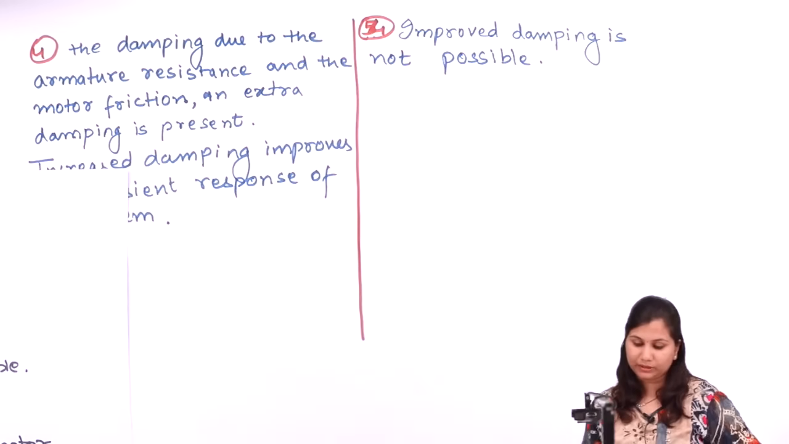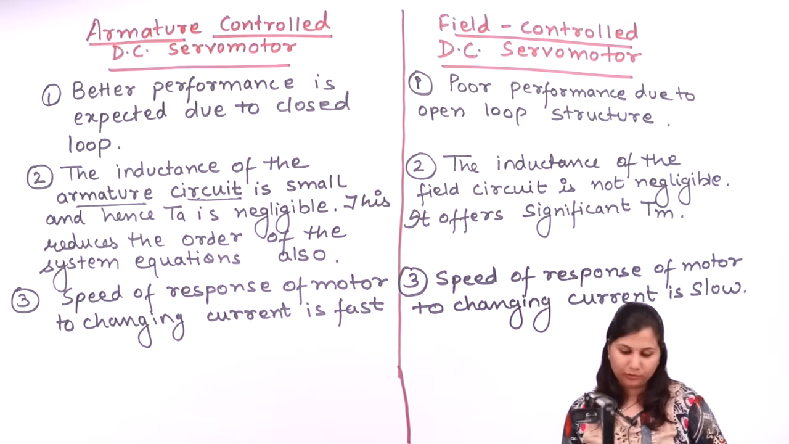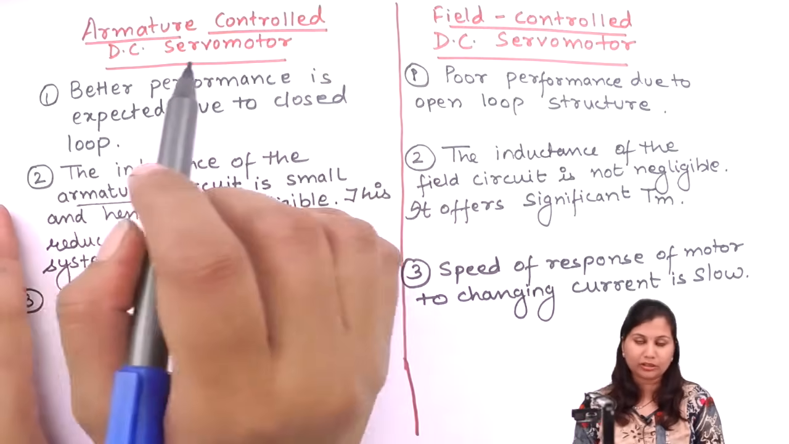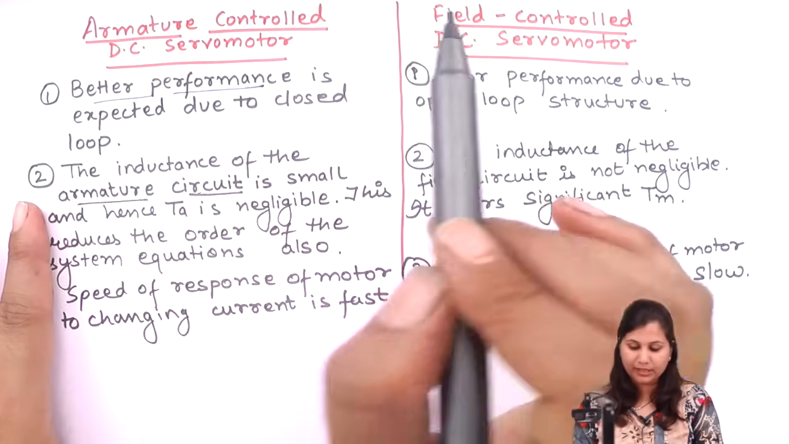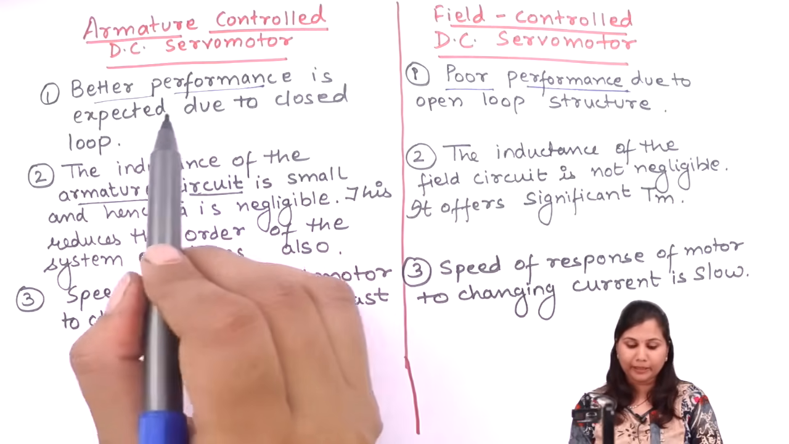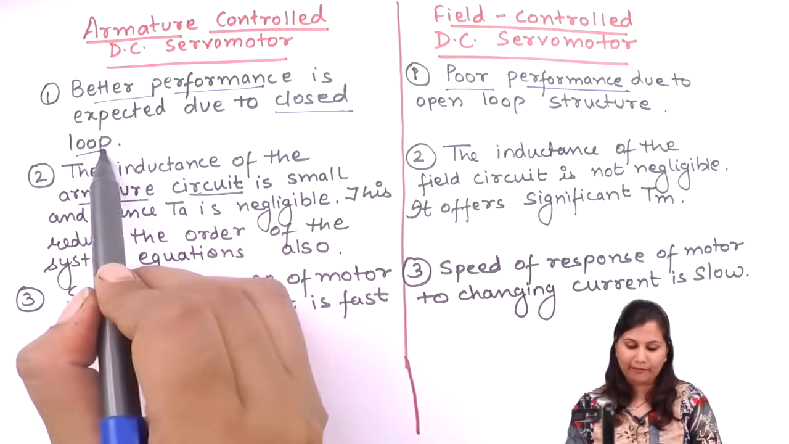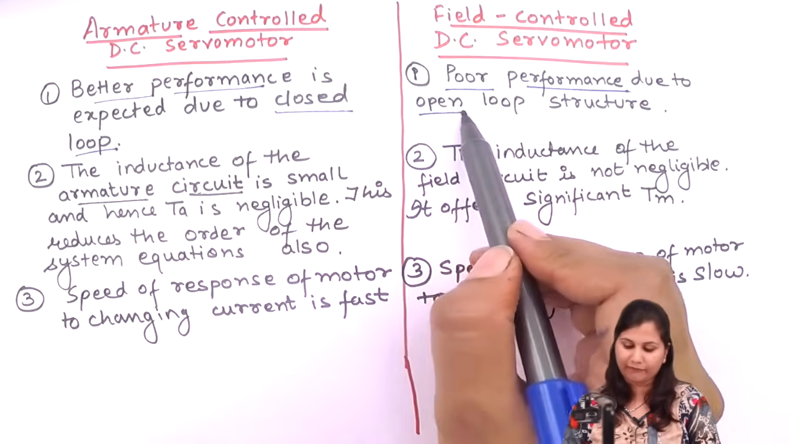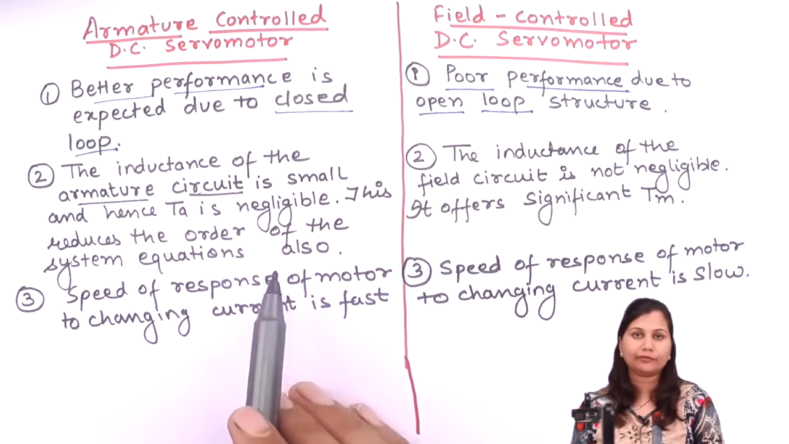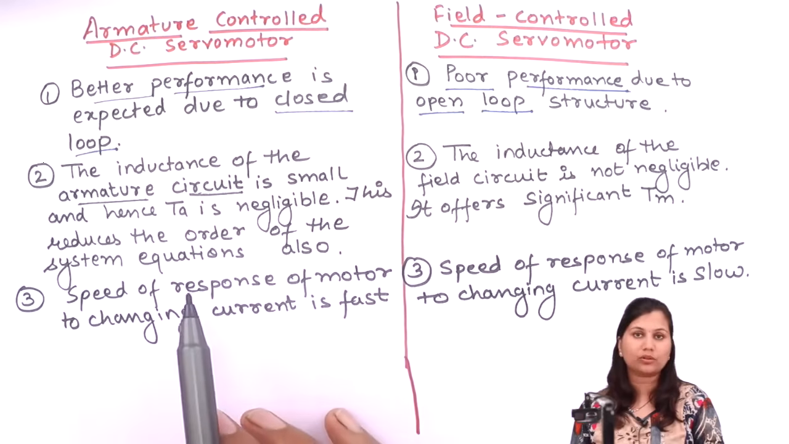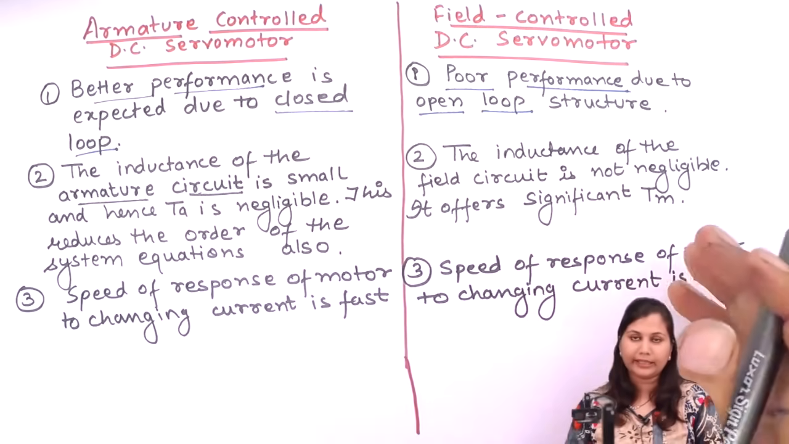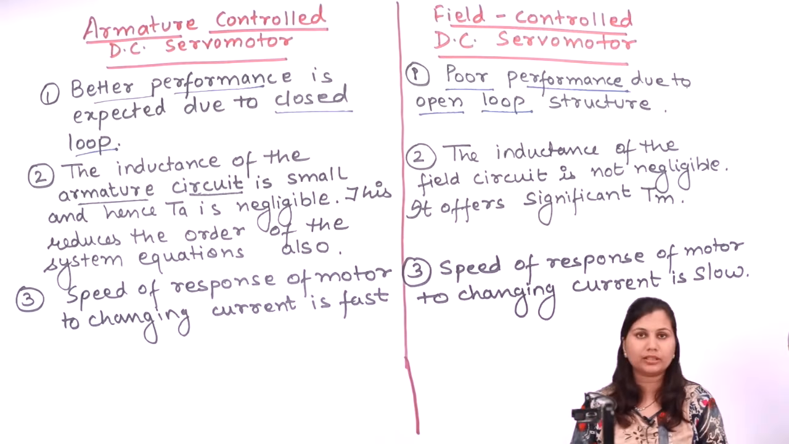Okay, so these were the differences. Let's summarize them. First difference is that the armature control DC motor gives better performance, whereas the field control DC servo motor gives poor performance. Better performance because it has a closed loop control system, and here we have an open loop structure. Now the inductance here is small and therefore the torque is negligible, so it reduces the order of the system equations. Whereas in the field control DC servo motor, inductance is not negligible, so it offers significant